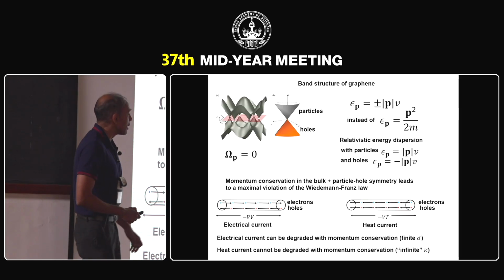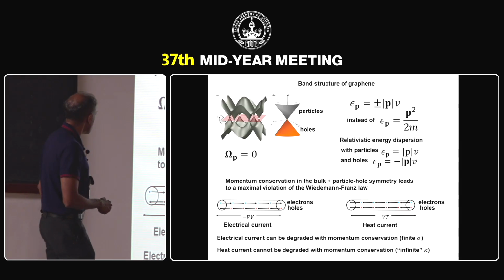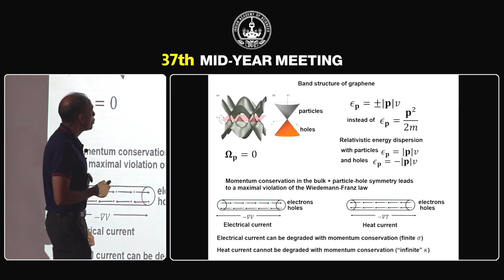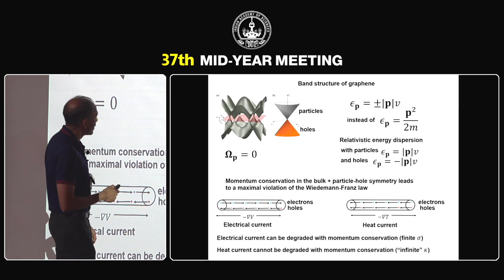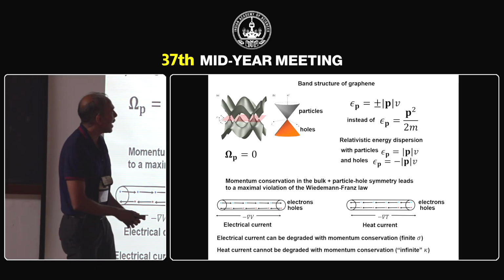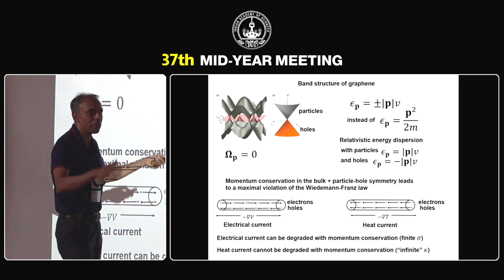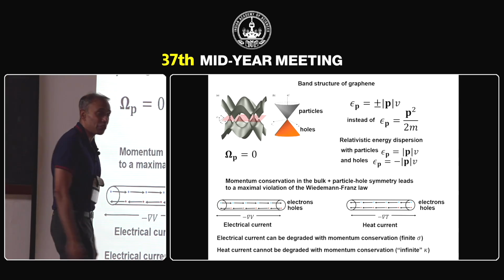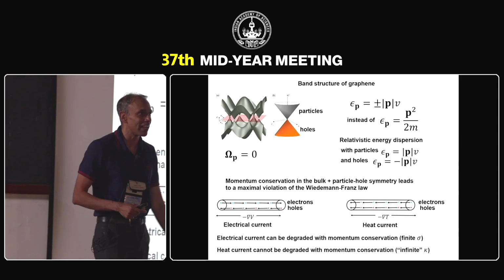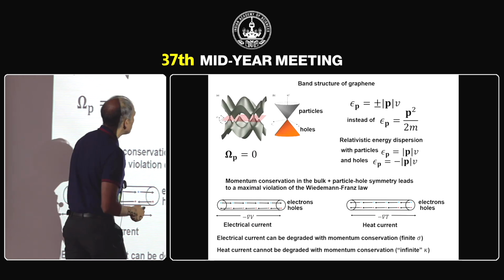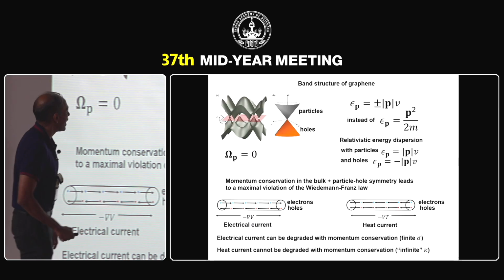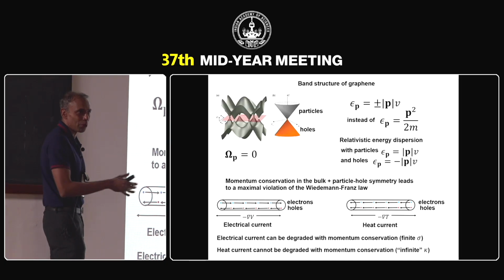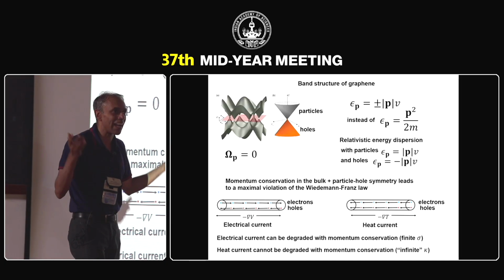modification. So in graphene, the Berry curvature is equal to 0, so you don't need to worry about the second term. But you do have a dispersion which looks like this instead of p squared by 2m. And this is like the dispersion of a relativistic particle. And you can see that there's a plus and minus sign. So in some sense, you can have both a positive and a negative kinetic energy, which have to be interpreted as the energies of particles, electrons, and what are called holes, which are the analogs of, if you like, antiparticles